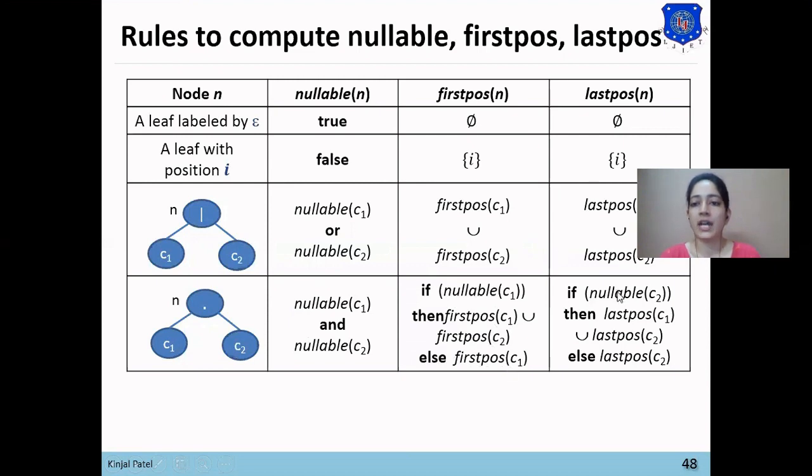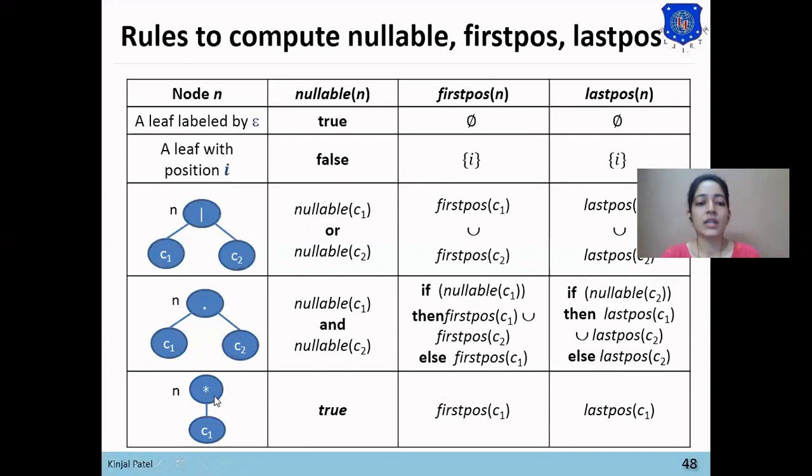And same for the last position, just we will check nullable of C2 instead of C1, and we will add last position of C1 union last position of C2. Else, if C2 is not nullable, then we will add last position of C2. Here see the difference between first position and last position: here first position of C1 will be added and here last position of C2 will be added.